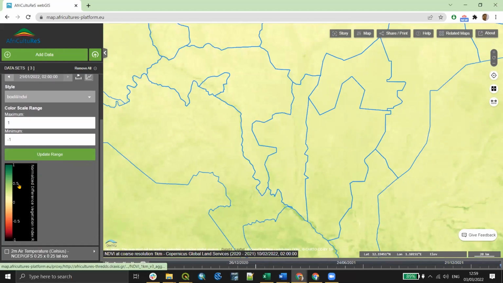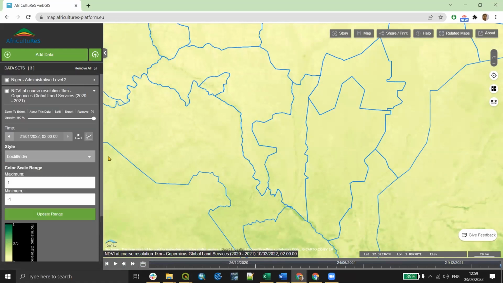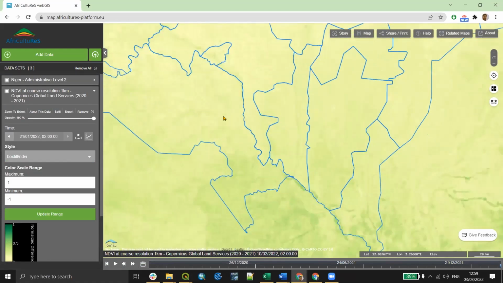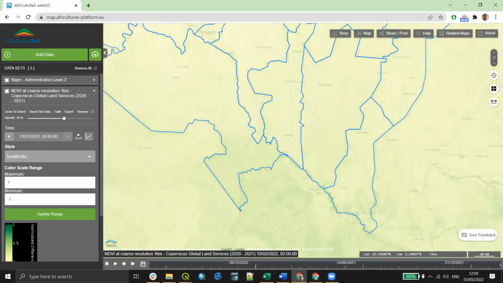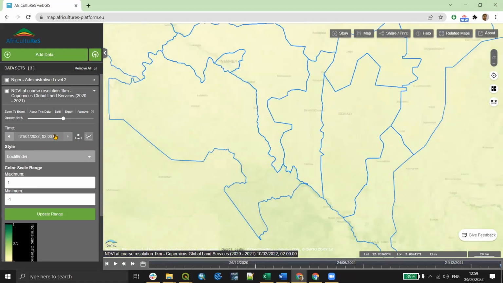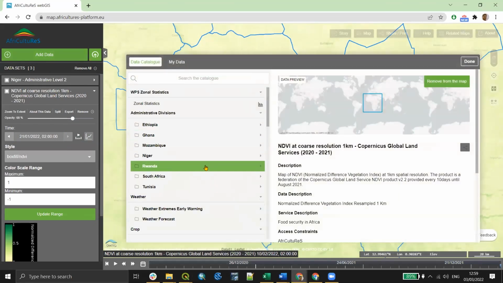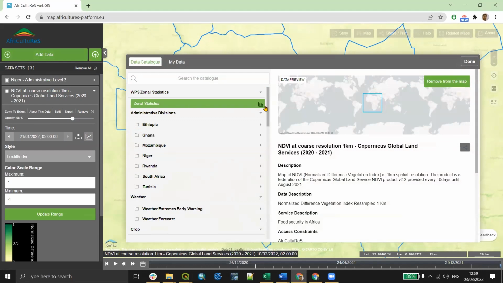Here again, here is the label, the value range, and I would like to draw a polygon for which I would like to have the zonal statistics of this particular layer index, in that case vegetation index, at this given time frame. So by going on the add data, on the top of the menu there is the zonal statistics tool,